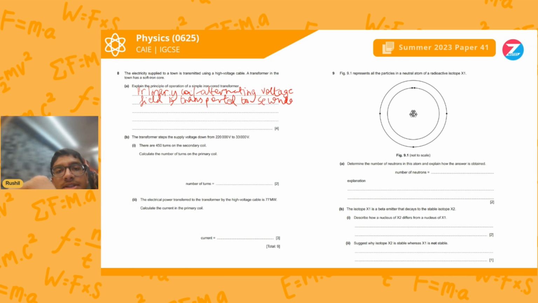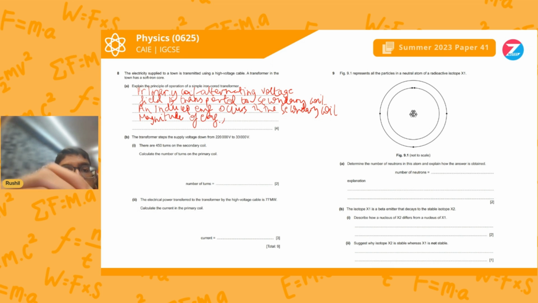Now, due to the change in magnetic field, as we talked about, an induced EMF or electromotive force occurs in the secondary coil. The iron core is needed to transport this magnetic field. So an induced EMF occurs in the secondary coil. The magnitude or the amount of voltage produced